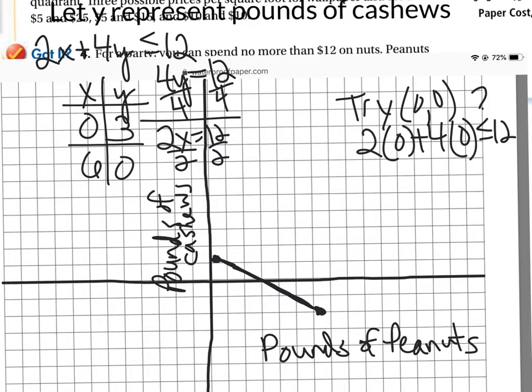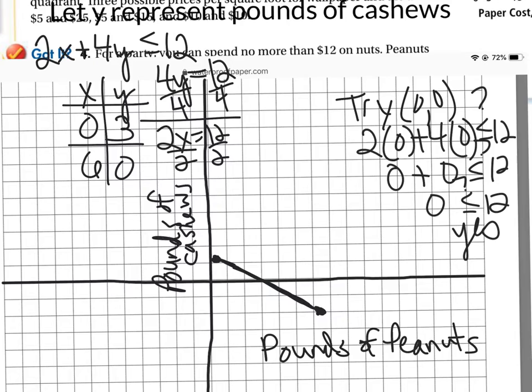So 2 times 0 is 0, 4 times 0 is 0, 0 plus 0 is 0, lots of zeros. And then the question is, is 0 less than or equal to 12, and it is, and so that means that (0, 0) works, means everything